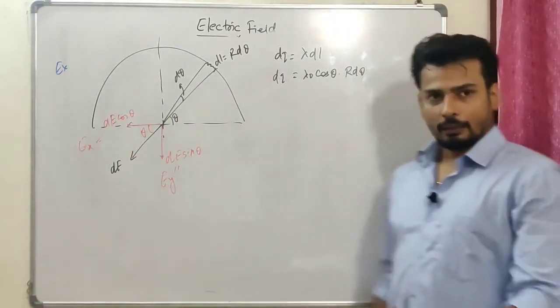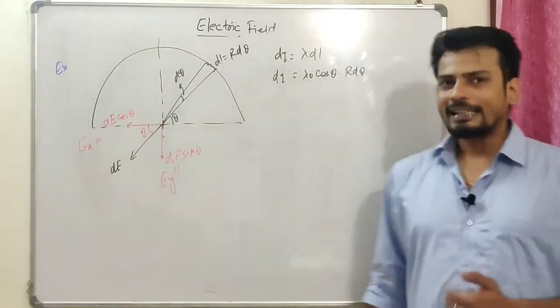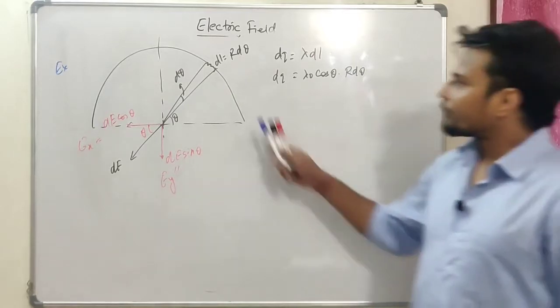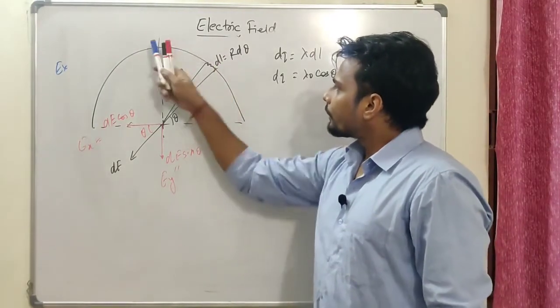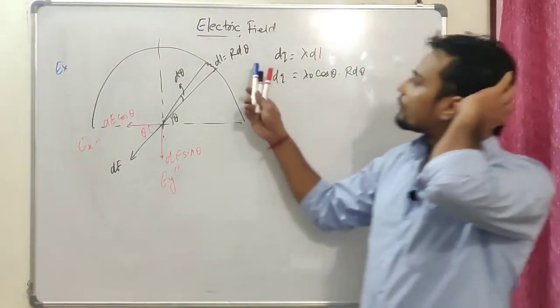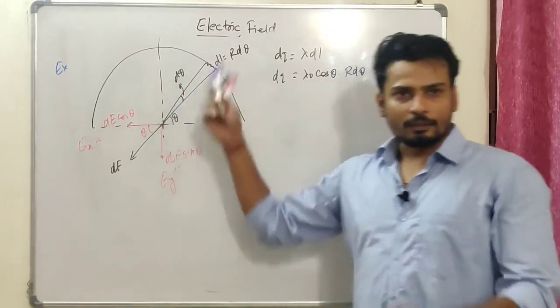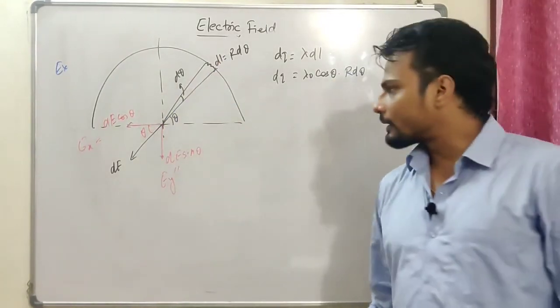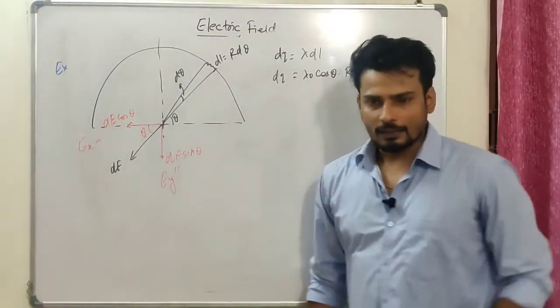Let us check. It might be because it's varying with cos. So there could be possibilities, but normally we should not say it's going to be 0, because the symmetry is not existing properly, because the charge is not uniformly distributed. Though I'm sure a lot of guys might think, okay, the charge is nothing but cos of alpha, and theta is varying from 0 to 90, and then probably 90 to 180. So yeah, that could be the thing. But as of now, let's not get into that. Try and solve it step by step.